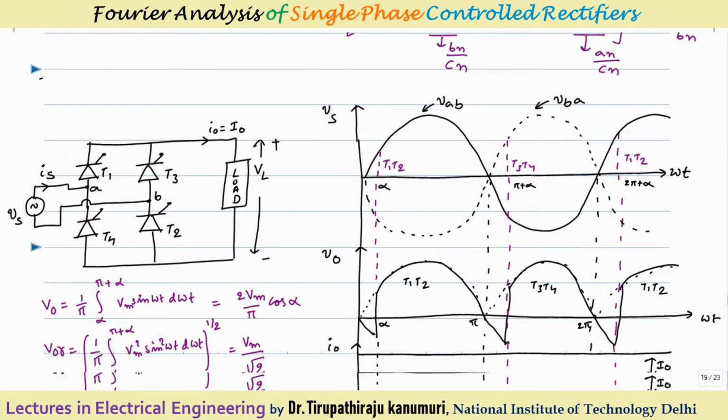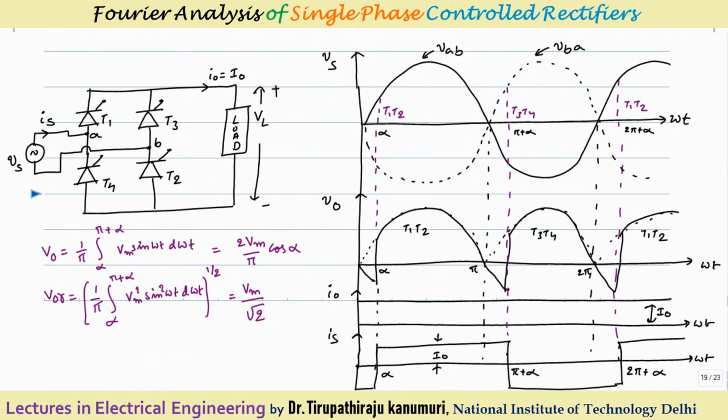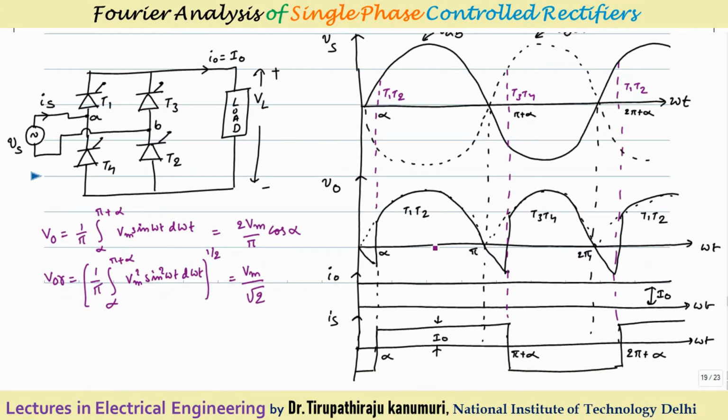So let us go to the analysis of how we can apply the Fourier series for analyzing the full wave rectifier. To analyze the controlled rectifier, I am taking a bridge rectifier as an example, and I am taking a load in such a way that your output current is continuous and has a constant magnitude. If it has a variable magnitude, you have to take the equation for the current, and that will be a little complex. If you take the constant value, it will be easy. That's why we approximate, with some minimum error, that your output current is nearly constant. We can approximate this for the case of an RL load, where the value of L is very high.